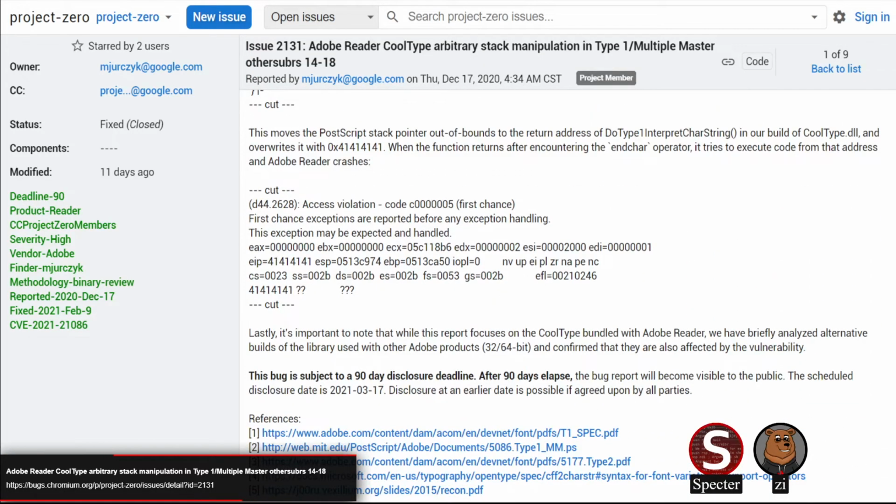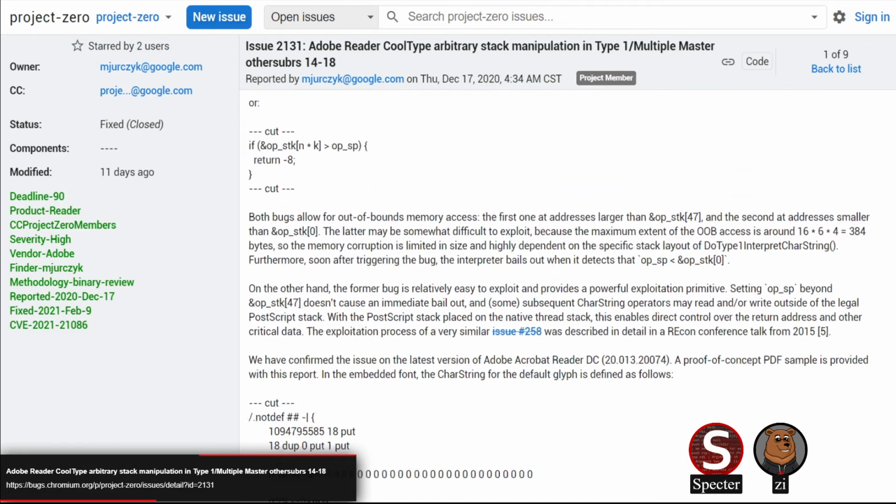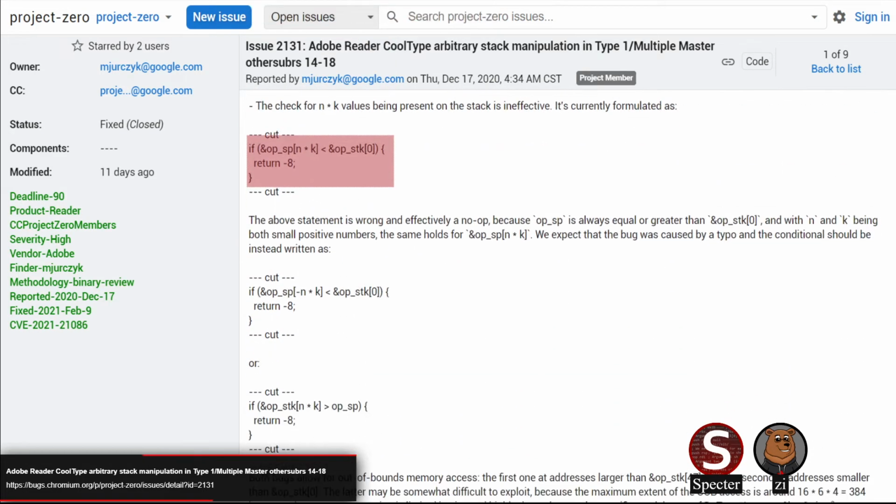In terms of timeline, they were reported December 17th and fixed February 9th. It's just one of those fun logic bugs where they thought they had a proper check in place to prevent at least one of the issues, but due to an extremely small error, the check was useless. We've seen that a few times before. Developers are human, and mistakes happen. Old code doesn't get looked at a lot. It just skips being examined, really.